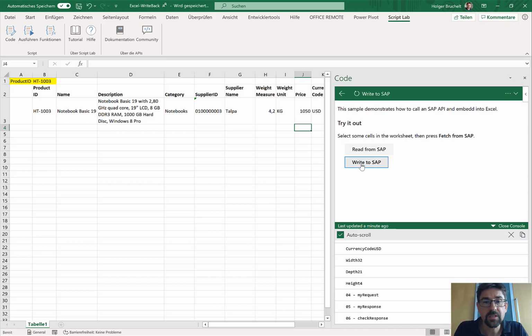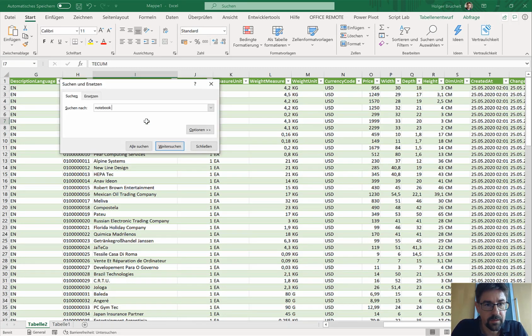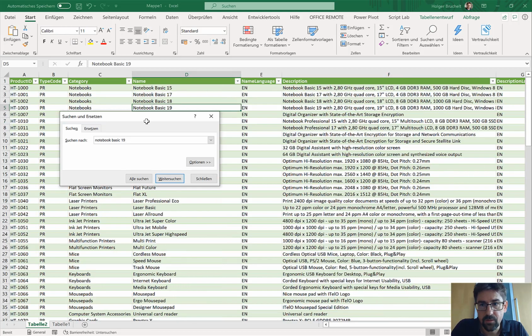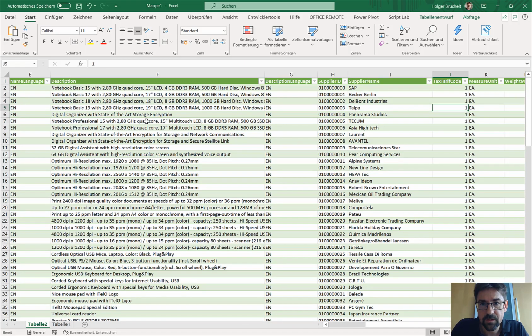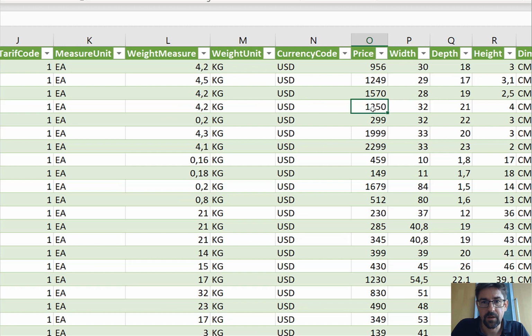Which obviously means that if I go back to Excel, let's look for our notebook basic 19. There it is. Here we would probably still see the 1250, so that's nice.